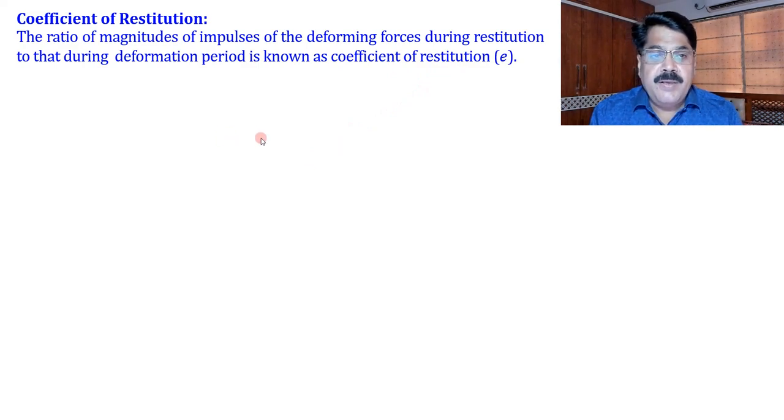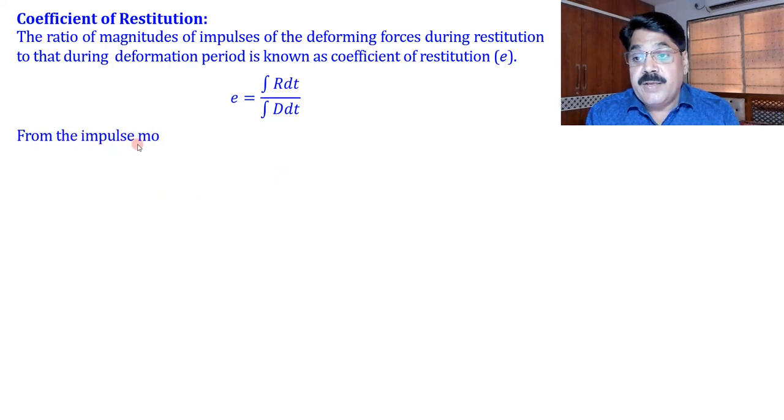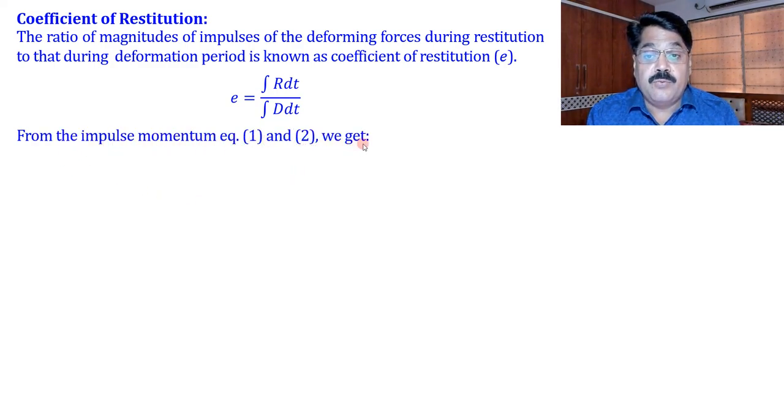So what we can write here: e is equal to the integral of R dt upon the integral of D dt. Here I will again mention that these integrals are definite integrals. The numerator integral extends from the instant of maximum deformation to the instant when collision ceases, and the denominator integral extends from the instant of beginning of collision to the instant of maximum deformation. So that is the fundamental definition of coefficient of restitution, and we try to understand what we can conclude from this. From the impulse-momentum equations 1 and 2 we get: